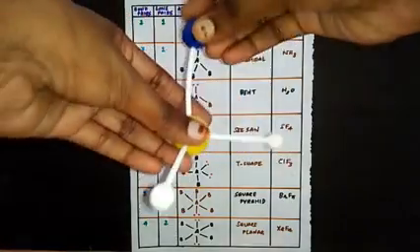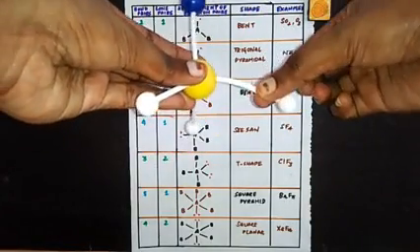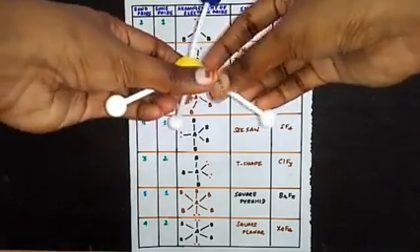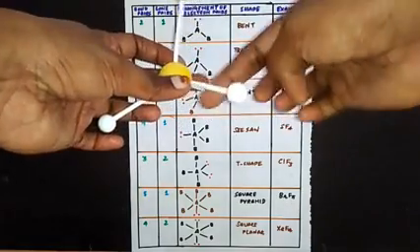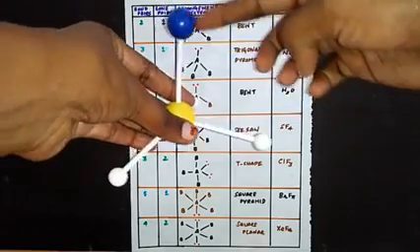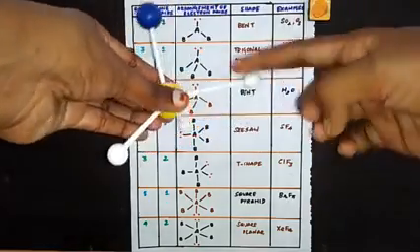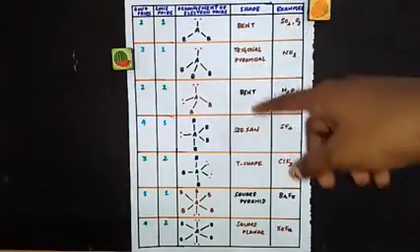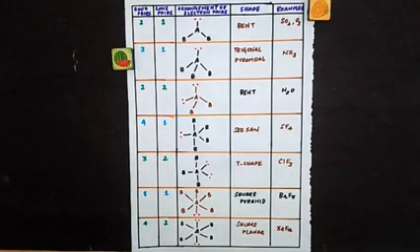So lone pair-bond pair repulsion will be more. So instead of being here, this is going to come a little closer, and all these 3 will come a little closer, because the repulsion between these and this will be different. This is the repulsion between bond pair and bond pair. This repulsion is between lone pair and bond pair, and obviously this repulsion will be more than that repulsion. So these 3 are coming closer, so you get a trigonal pyramidal shape. We call this shape trigonal pyramidal.